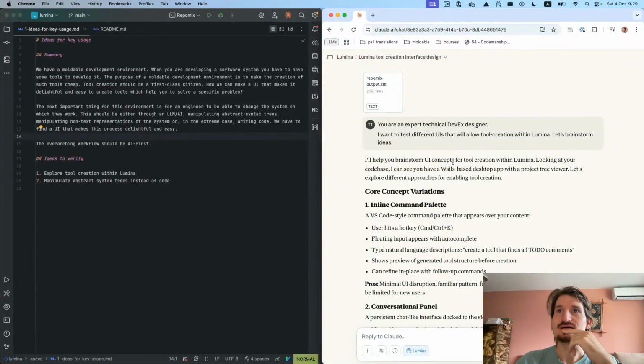Okay, it knows what app I have. Inline command palette. So, a VS Code style command palette that appears over your content. The user hits a hotkey, a floating input appears without autocomplete, type natural language, show a preview of the generated tool structure before creation. Okay, so